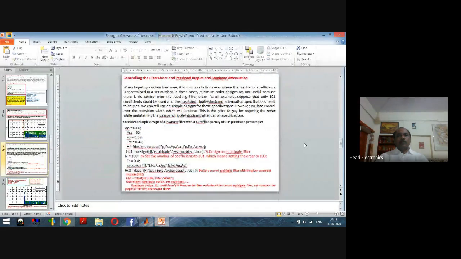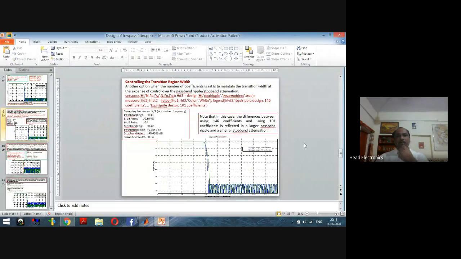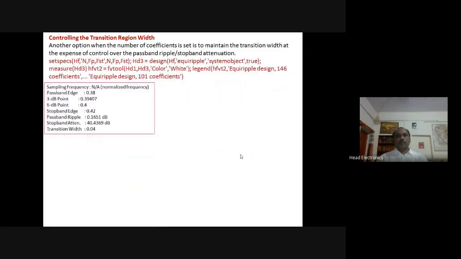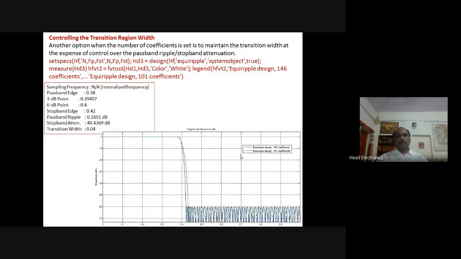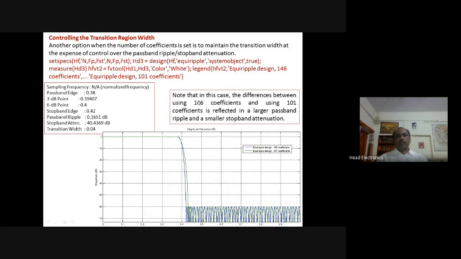Now see, controlling the transition region width. If we are interested to control the transition region, that is, we are trying to maintain the transition width, then for this purpose we can control the transition width. If we are interested to decrease the transition band, then naturally we have to increase the order if we are maintaining the same ripples in the pass band edge frequency and attenuation in the stop band.